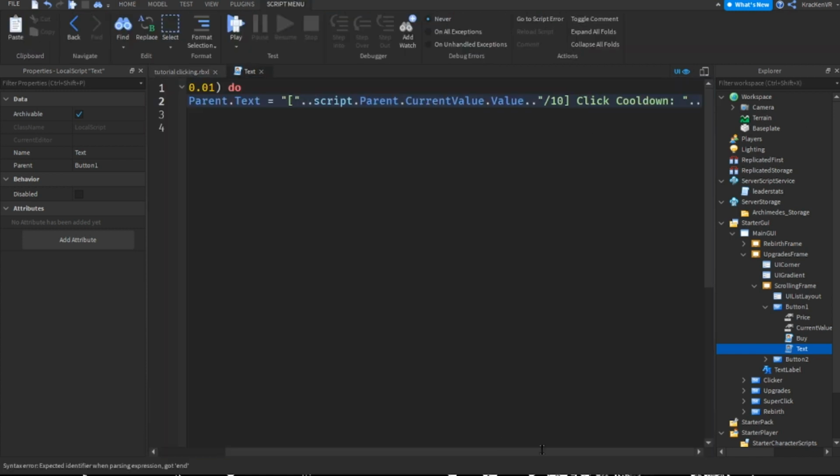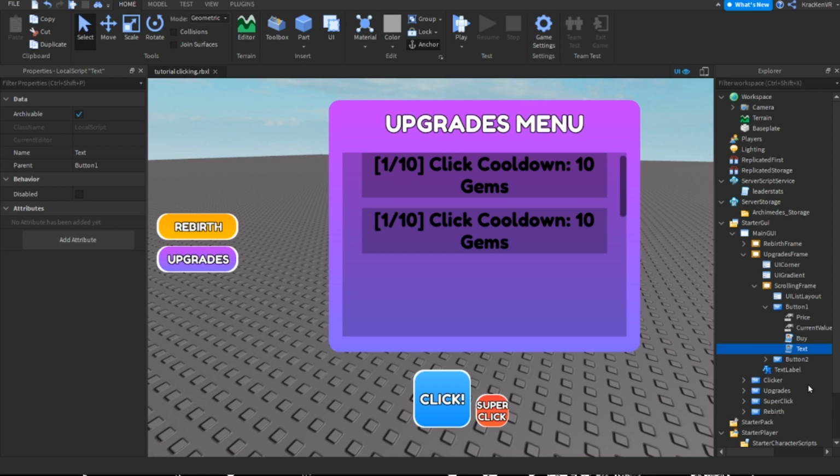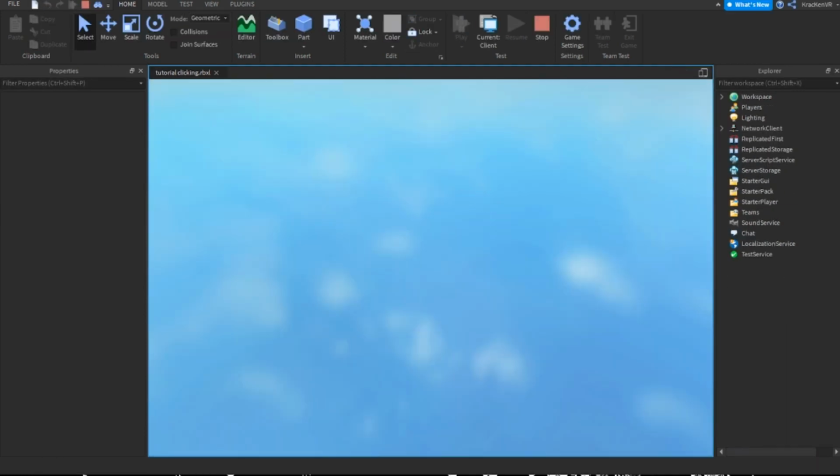And basically the price. So script.parent.price.value, two dots again. How's it called again? Space and then Gems, like this. So now if, for example, we change the price to 50, it's going to be, on the click cooldown,